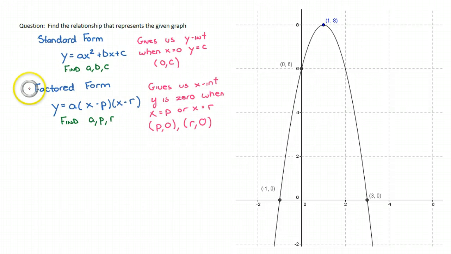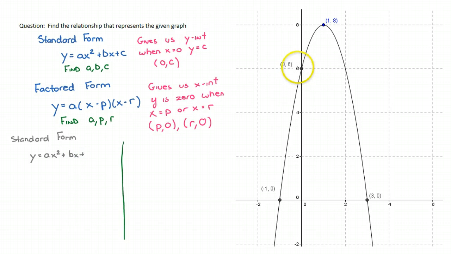I would recommend, in this case, factored form, because notice, if I just take a second and split this down the center here. If I try standard form, notice I can calculate that c is going to be 6. So that leaves me with a and b to calculate. But if I use factored form,